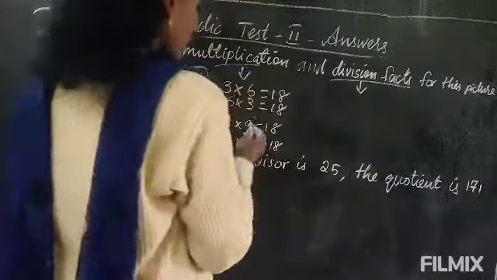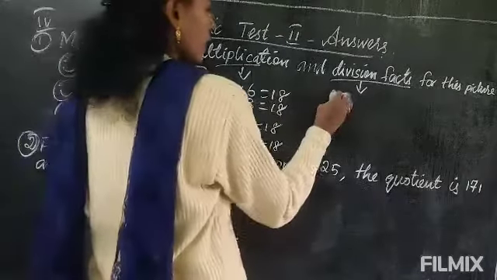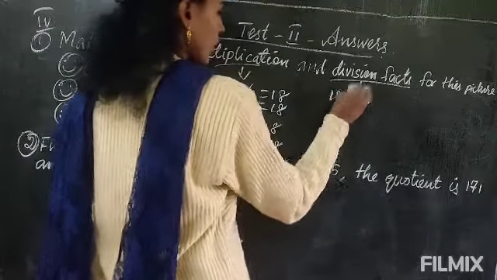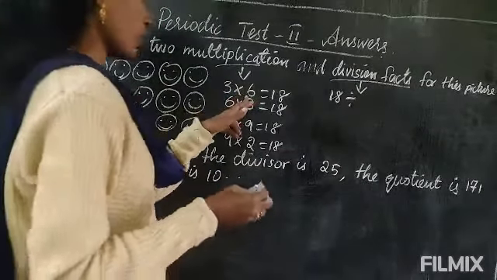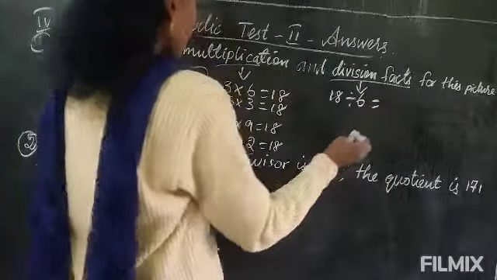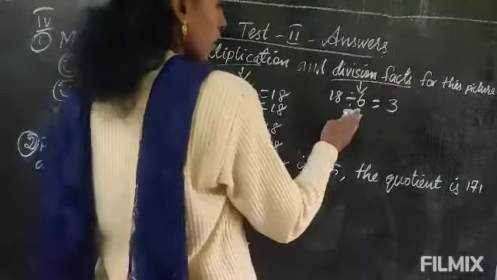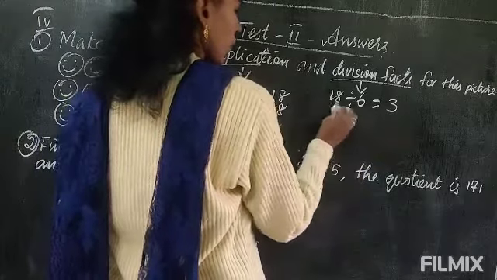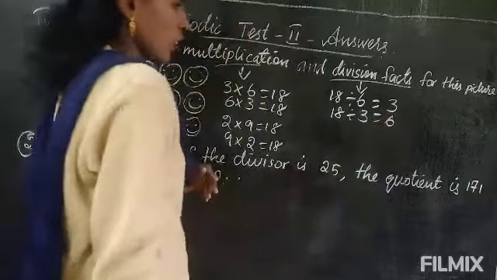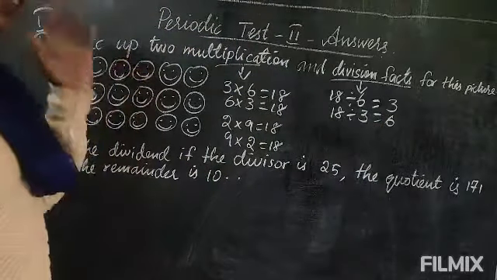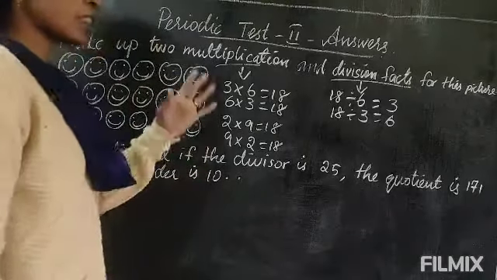For division facts, first you have to write the bigger number first. So here 18 is the bigger number. 18 you will write, then divide. Of these two numbers, any one number you write. I am writing 6, and the other number will come on the other side of the equal sign. Now you have to change the order of the numbers: 18 divided by 3 equal to 6. This is the way you can write. You don't need to think about how to make the calculation. You must know division means the bigger number first.